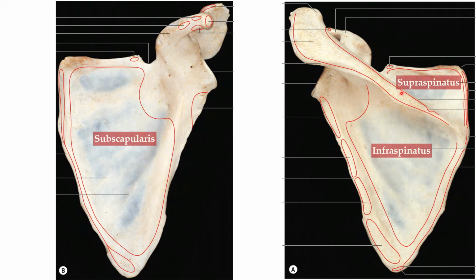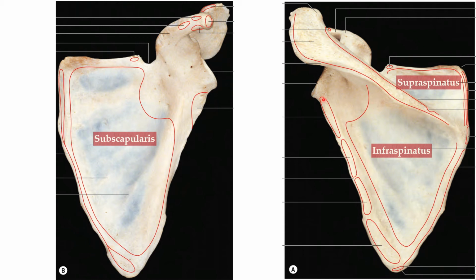Now let us see the illustration on the right side of the screen. Here you can see this is the spine of scapula being continuous with the acromial process. The dorsal surface of the scapula is divided into two parts by the presence of the spine of scapula. The upper fossa is called supraspinous fossa and the lower fossa is called infraspinous fossa. From the medial two-third of the infraspinous fossa, a muscle takes origin which is called infraspinatus muscle, and from the medial two-third of the supraspinous fossa, a muscle arises which is called supraspinatus muscle.